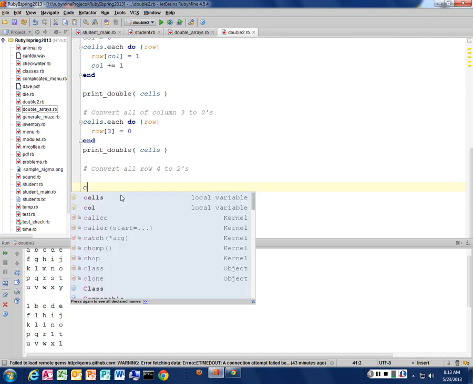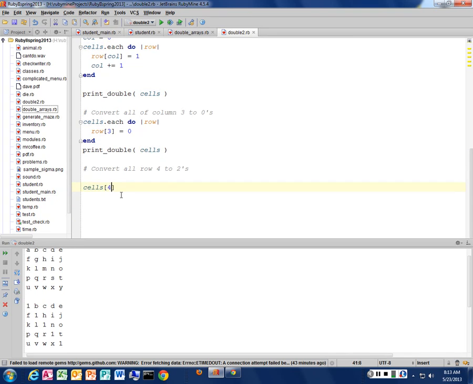Okay, I could do cells sub 4. What is that value? It's the last row. And it contains an array, right? So it's an array. I can do array type stuff with it. I can say .each do, and what would I call this since I'm looking at only one row? Column. Okay, I want you to get used to using columns and rows. So now all I have to do is set